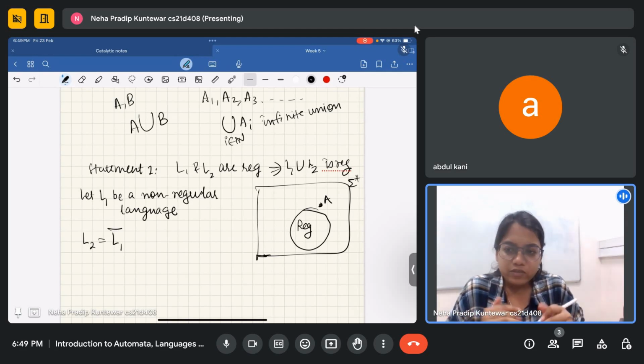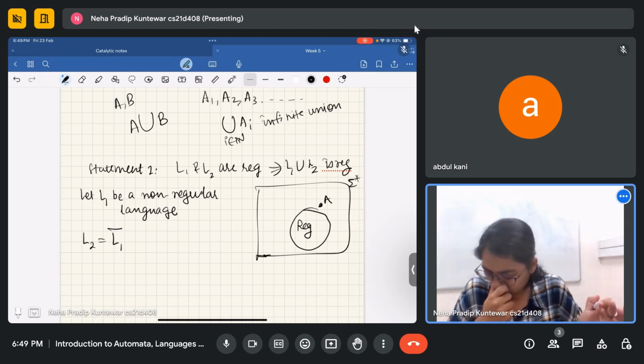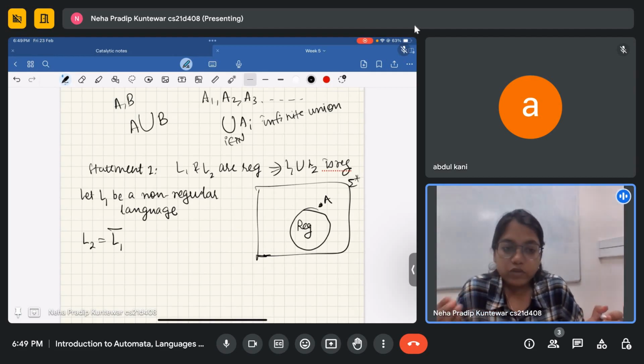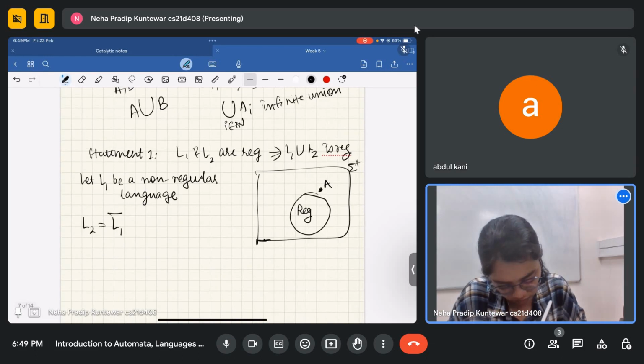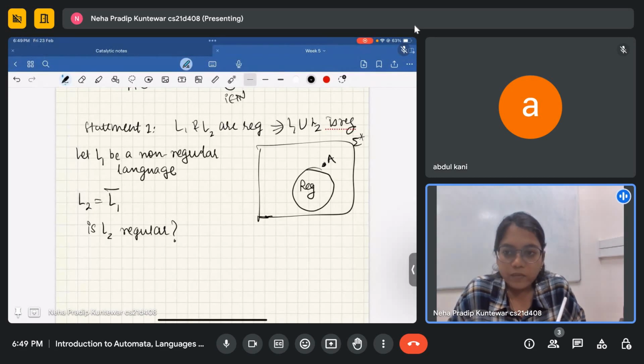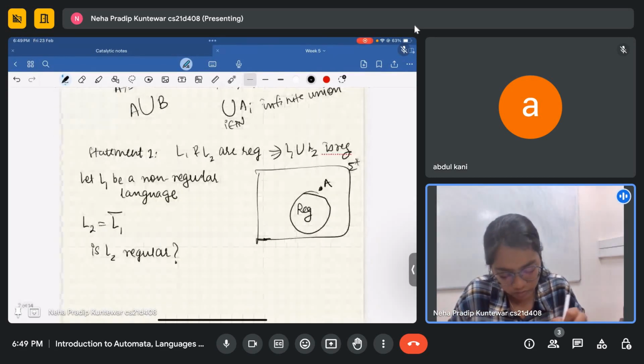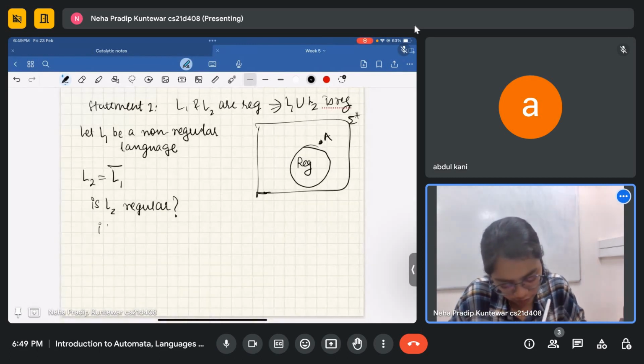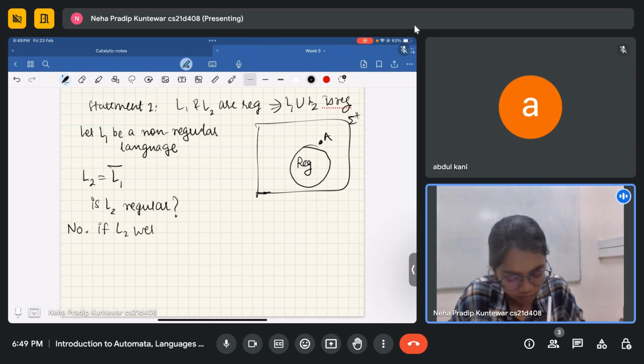So everything that is not in L1 is in L2. What can you say about L2? Is L2 regular? No. So why can L2 not be regular? Because if L2 were regular,